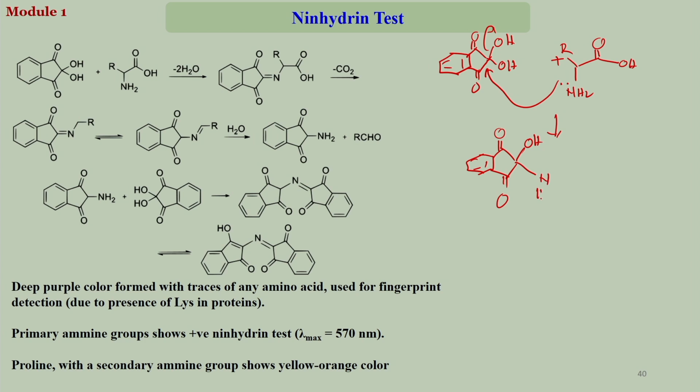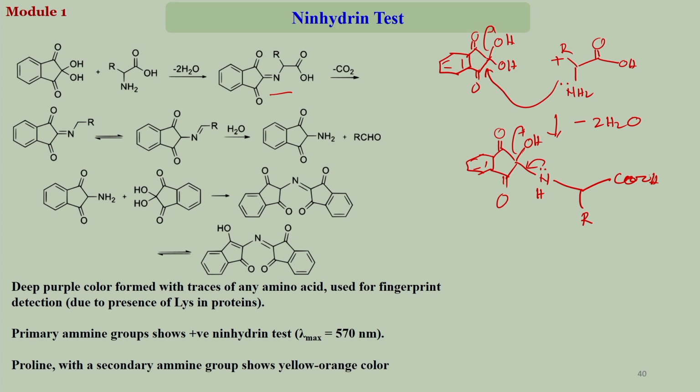You now have NH, COOH, and here is your R. Now once again, another one goes, and another OH is eliminated. So it is minus 2 molecules of water basically,